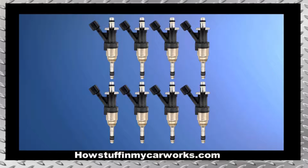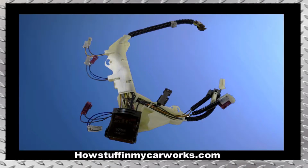The fuel injectors in 2015 to 2017 models are prone to malfunction, causing engine vibration, cylinder misfire conditions, and hesitation under acceleration. Number 6. The transmission temperature sensor wiring harness that connects to the valve body in 2015 models is